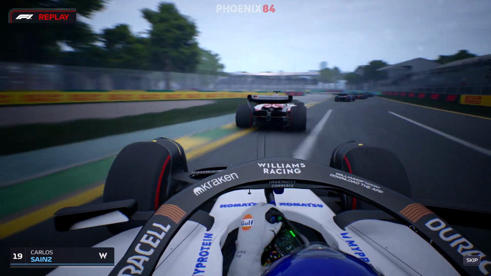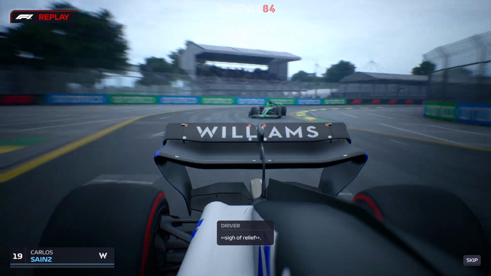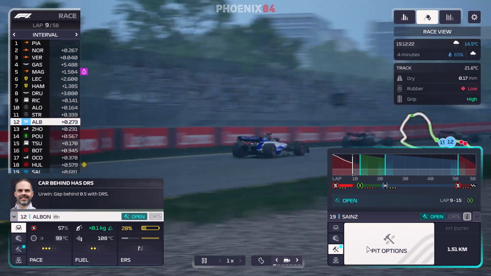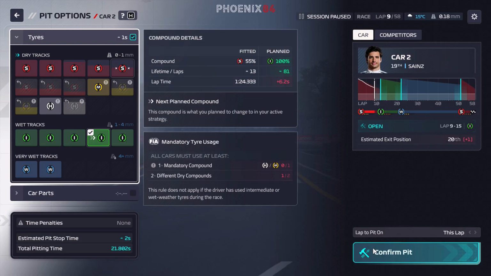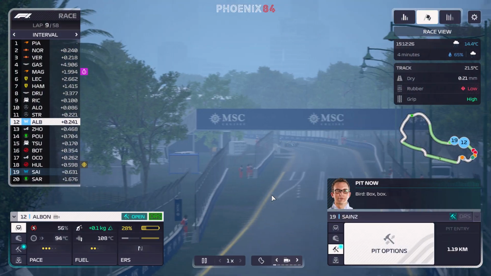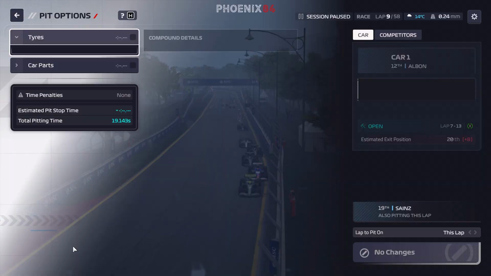So that's Sainz down the inside of Logan Sargent. He's forced him off circuit, but he's finally made an overtake after 2,000 years, and it's time for the inters. It's lap 9 already. It's time for intermediates. We're going to box both cars, I think. It is getting very wet there, as Albon now